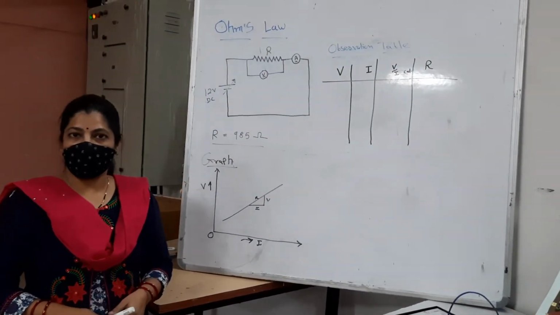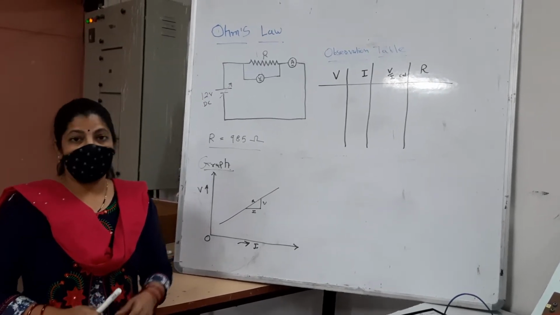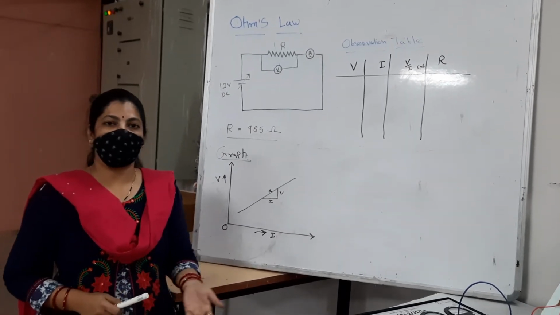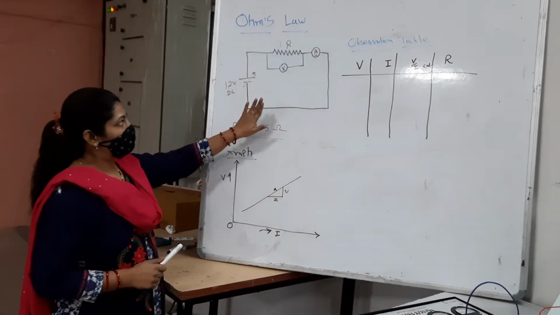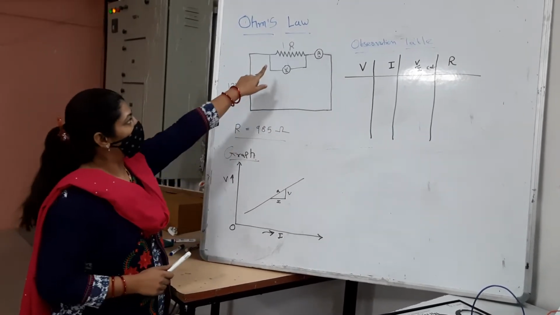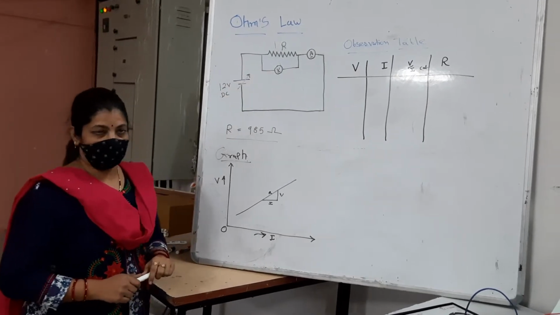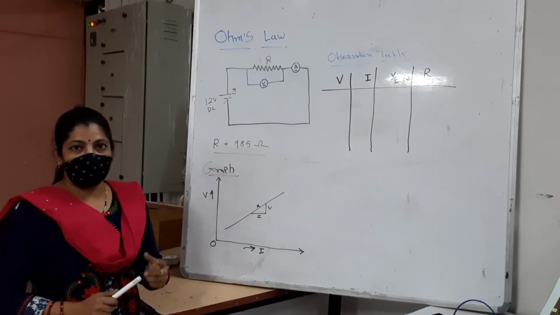As far as the statement of Ohm's law is concerned, the V by I ratio should be the same. And if that is the case in any particular element, we can say that that element is a linear element. Now, let's say at the initial stage I want to take results for a resistive element. As you can see, V and I, these two parameters we need to check.